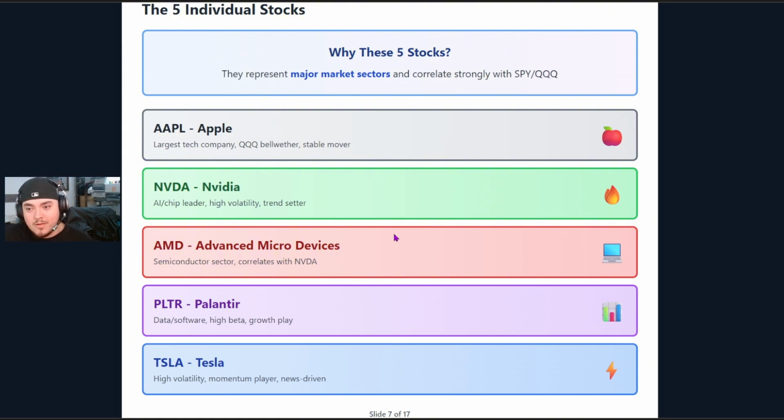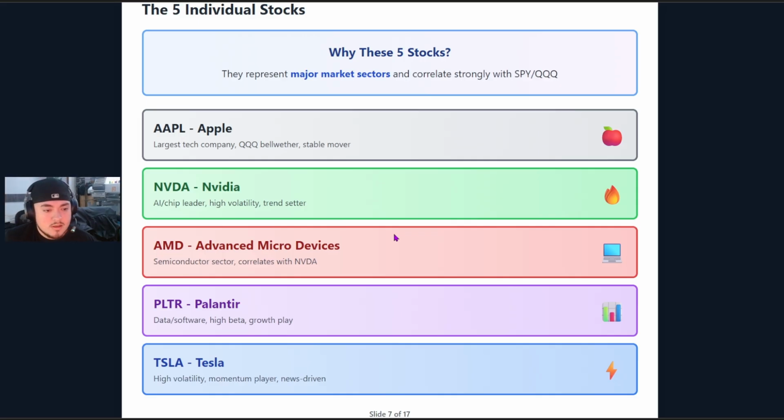If you guys have been trading for the last couple years, especially around a year ago, it was a very strong leader, and it usually was ahead of any trend that the market was going to make, right? Next, we have AMD, Advanced Micro Devices, in the semiconductor sector. It correlates with NVIDIA, right? When you're also looking for that market correlation, you're looking for NVIDIA and AMD to correlate as well,